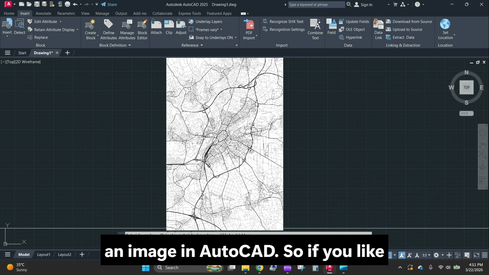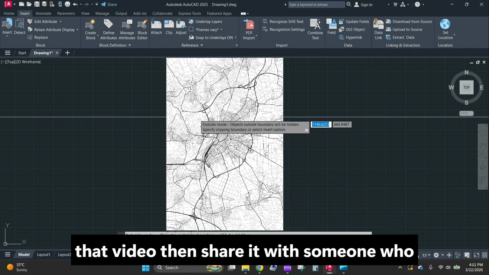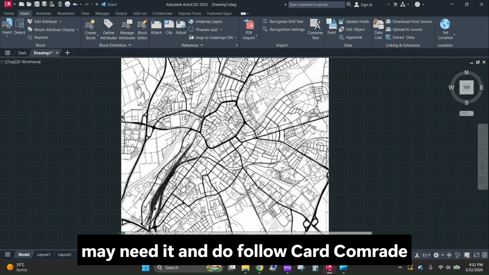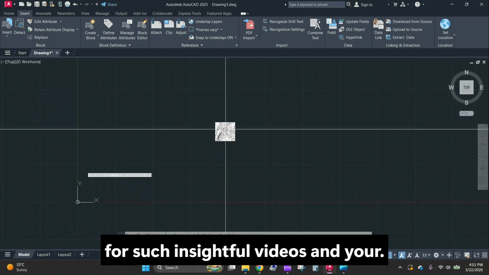So again, rectangular option, and just hover and make a rectangle around the parts that you want, and your image will be clipped. So this is how simple it